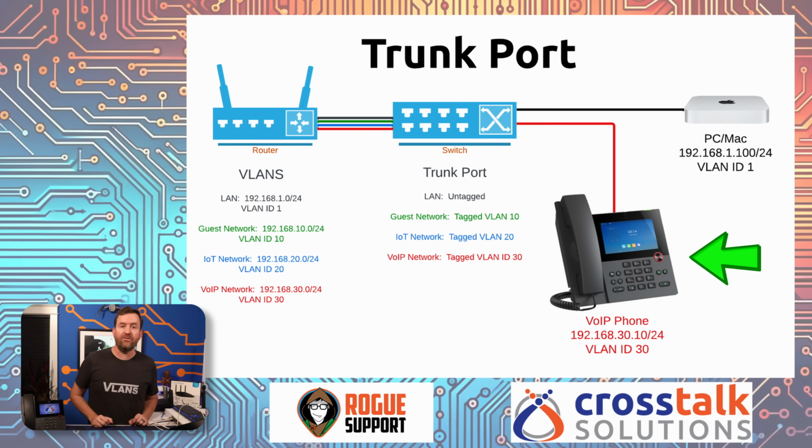That voice over IP phone is configured to look for VLAN 30. And since it finds VLAN 30 as one of the tagged VLAN port options on that port, it's going to configure itself into VLAN 30. It basically says, hey, here I am, I'm looking for VLAN 30, and that port goes, oh, I know about VLAN 30. Here is your IP addressing information for the VLAN 30 subnet, which in this case is